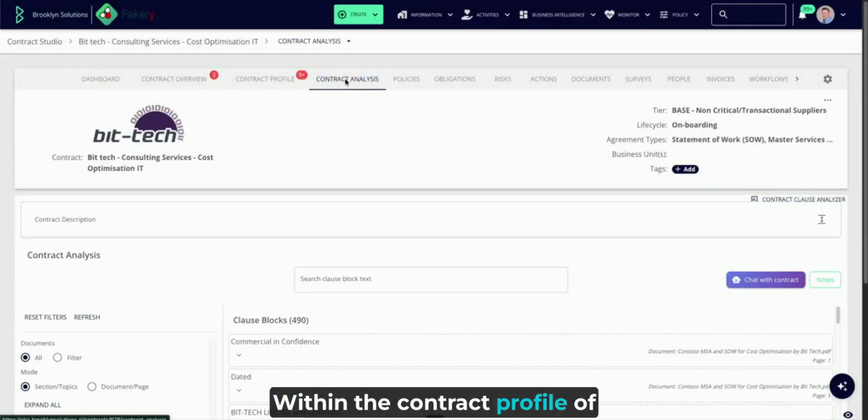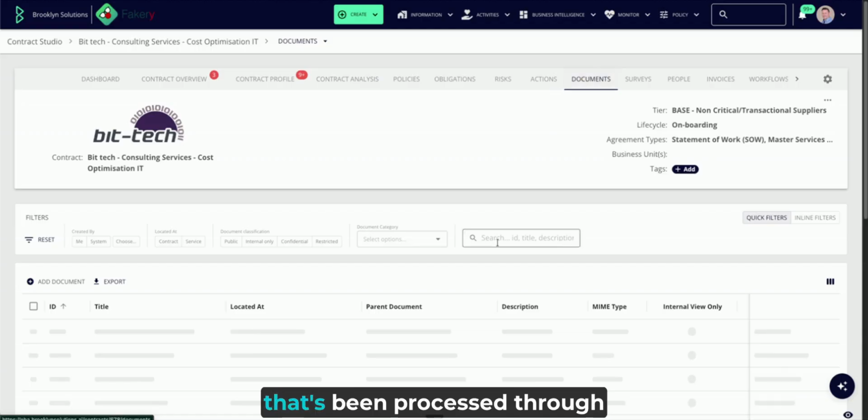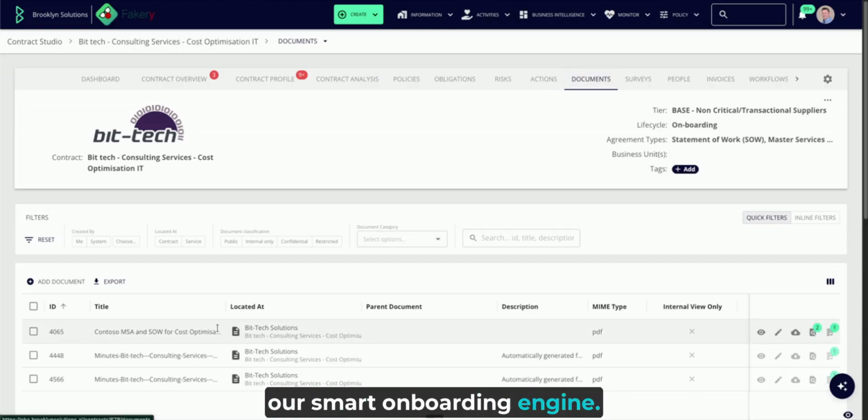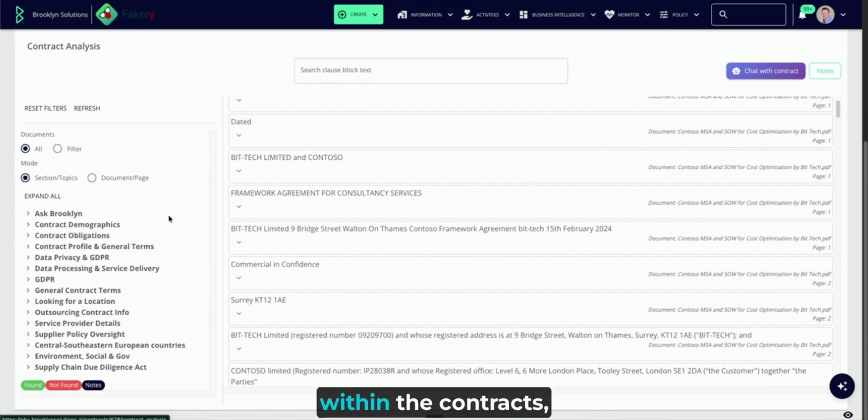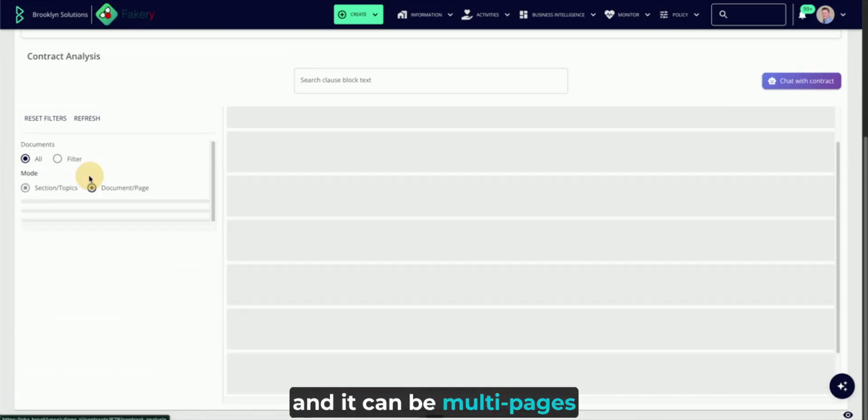Within the contract profile of the Brooklyn Solutions platform, you can see that there is a document, in this case, an MSA and an SOW that's been processed through our smart onboarding engine. Anything processed through the smart onboarding engine can be seen under contract analysis. This is essentially a breakdown of all the clauses within the contracts, and it can be multi-pages and multiple documents,